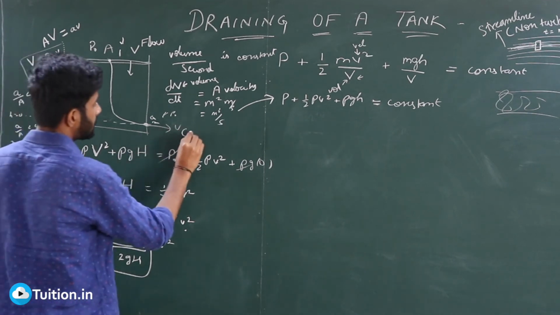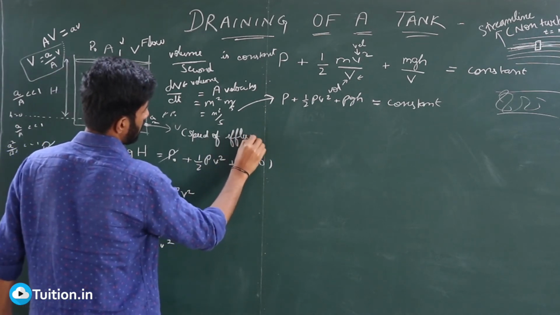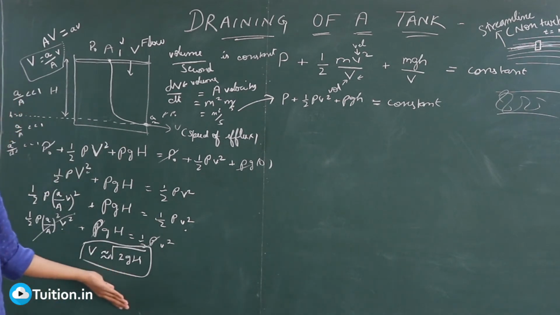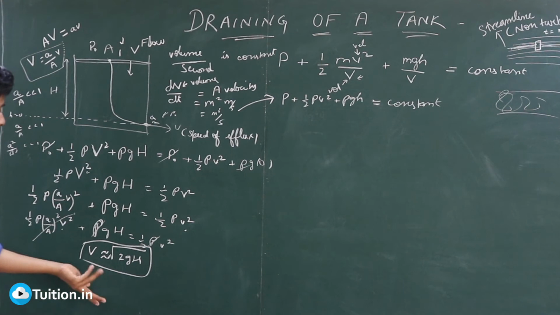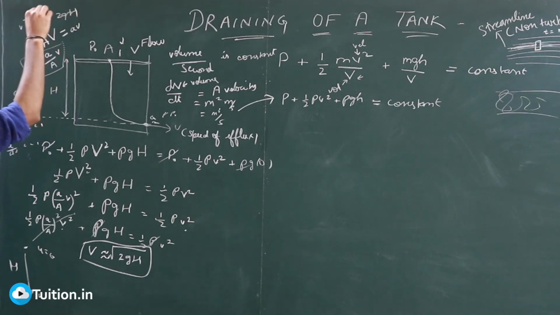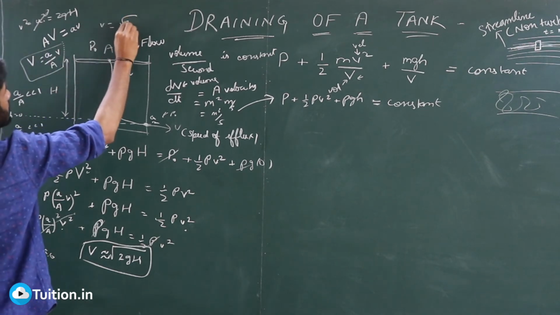This is known as the speed of efflux, or the speed of the liquid which is coming out of the tank. As you can see, if you remember this, it's very, very easy to remember. It's actually something like you have a ball here. Your ball, if you drop it at u equal to 0 from a height h, what will be the final velocity here? You'll use the third equation of motion, which is v square minus u square is equal to 2gh. Because u equal to 0, I can just cancel it. So v will be equal to root 2gh.